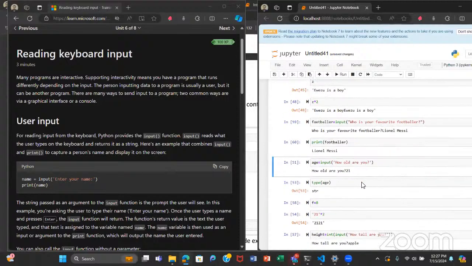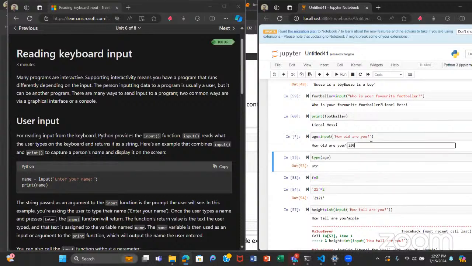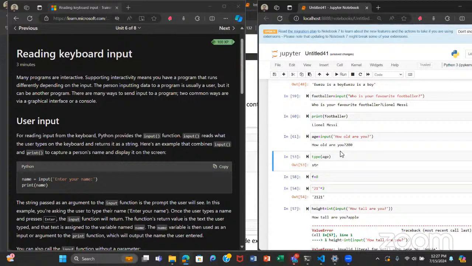So that's what the input function does. Now I also said that the data collected by this input function is automatically stored as a string. We saw here, where we used the example of how old are you, that the data type is a string.